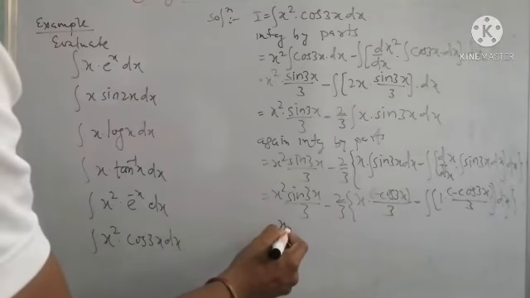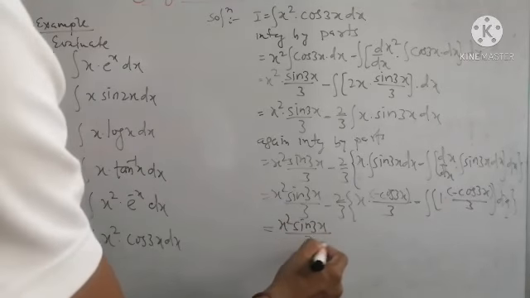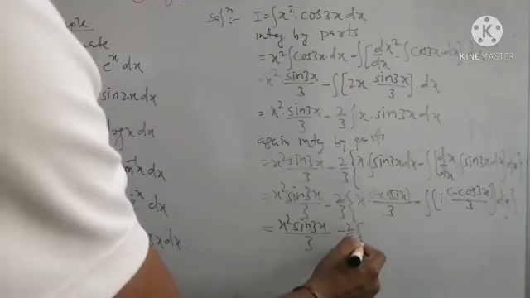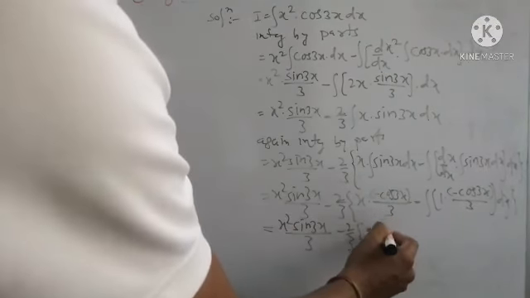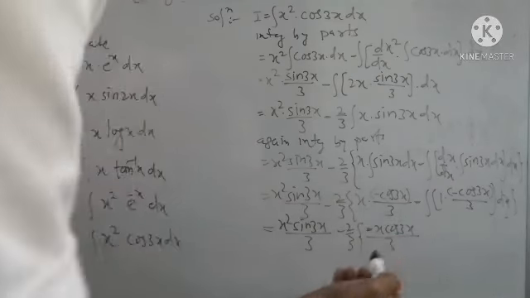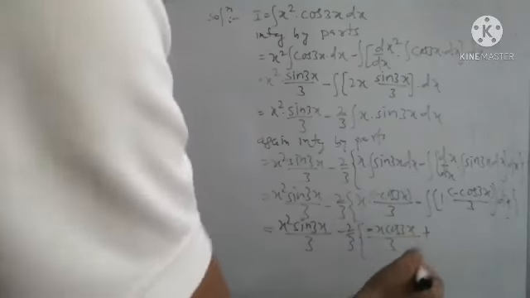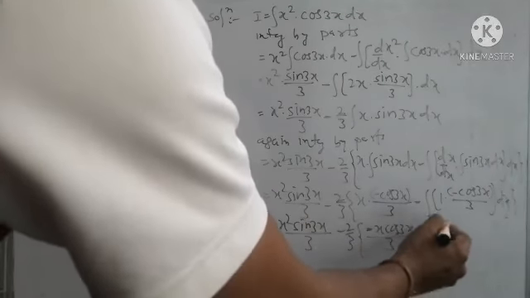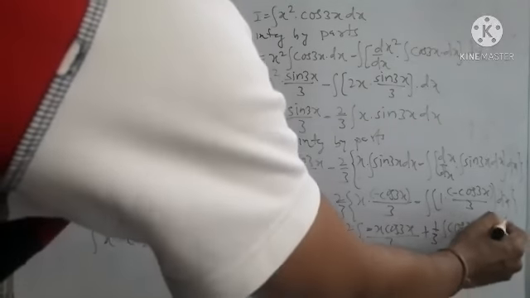So the first term remains as it is, divided by 3, minus 2 by 3 into bracket. Now this term will become minus, as a negative sign is there, so minus x cos 3x divided by 3, and now the minus sign in the bracket came outside, so integration becomes plus, and the constant is 1 by 3, and we get integration of only cos of 3x dx. And finally